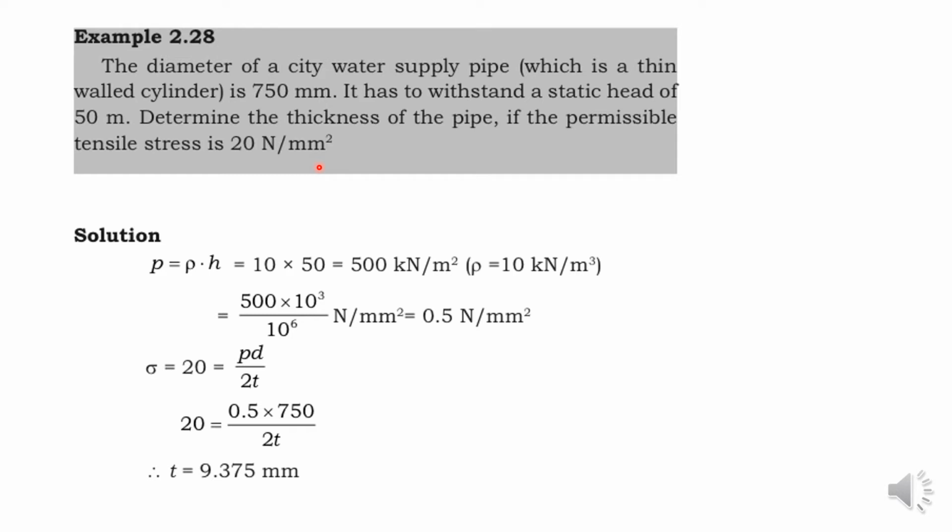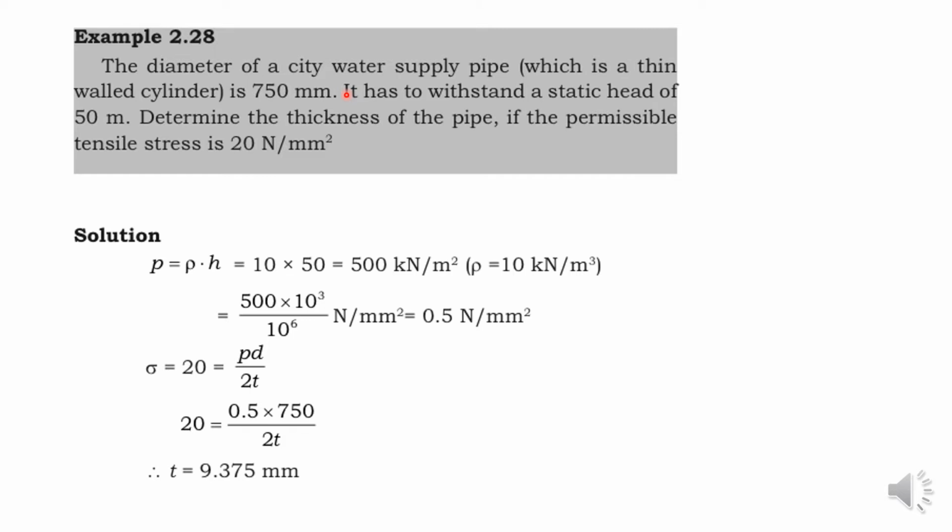Okay, again in this question also the permissible stress is given, that is the PD by 2T value, and also the diameter of the supply pipe, which is given as 750 mm. We are able to understand that it is regarding a water supply pipe, that means the fluid is water, and the static head is given as 50 meter. So how will you find out the pressure of the fluid? That is P is equal to